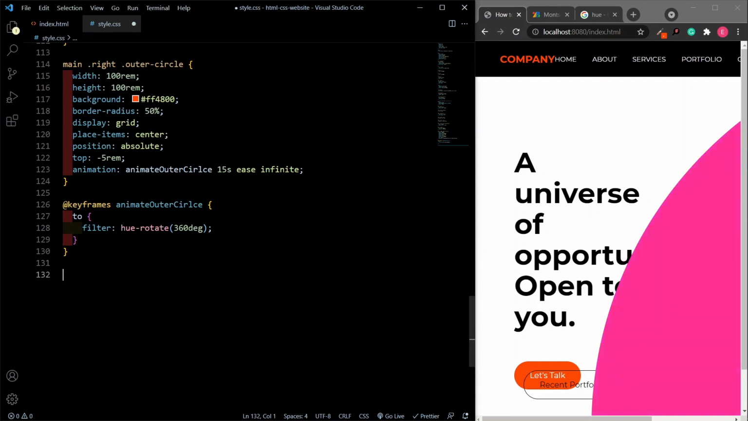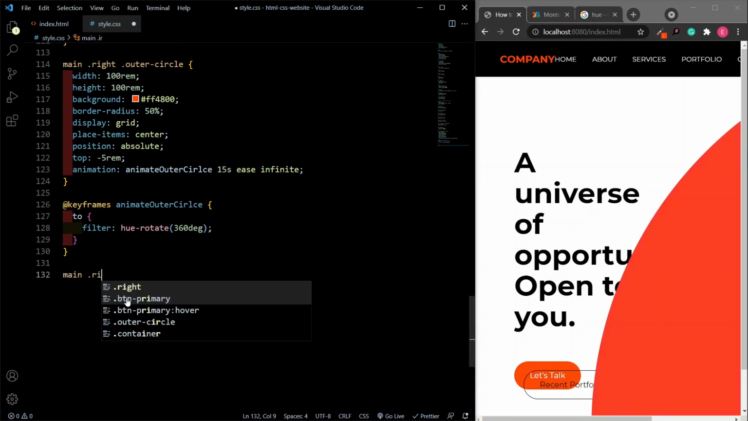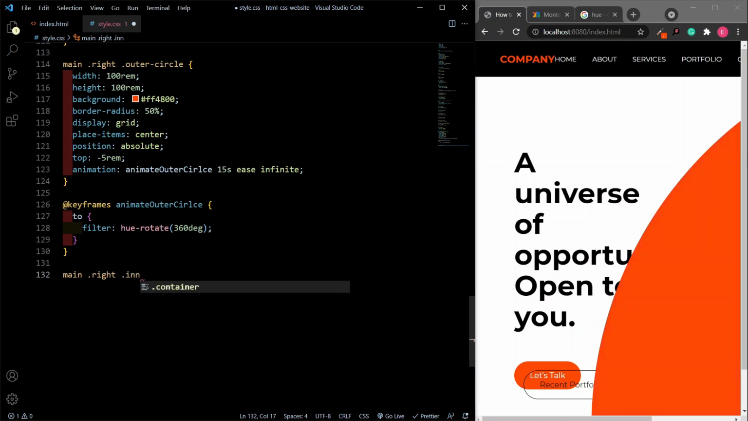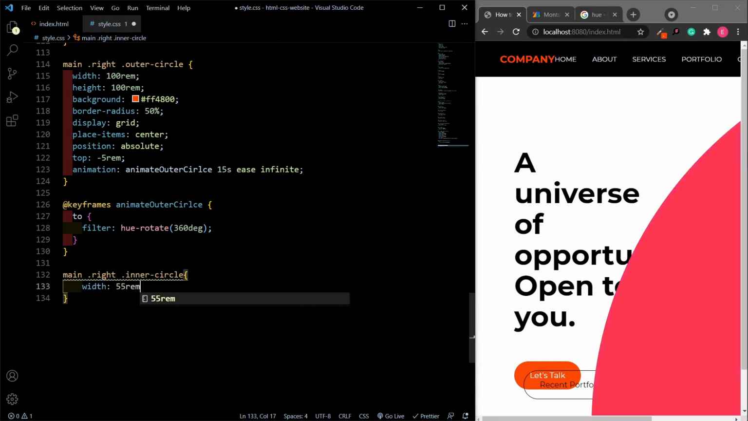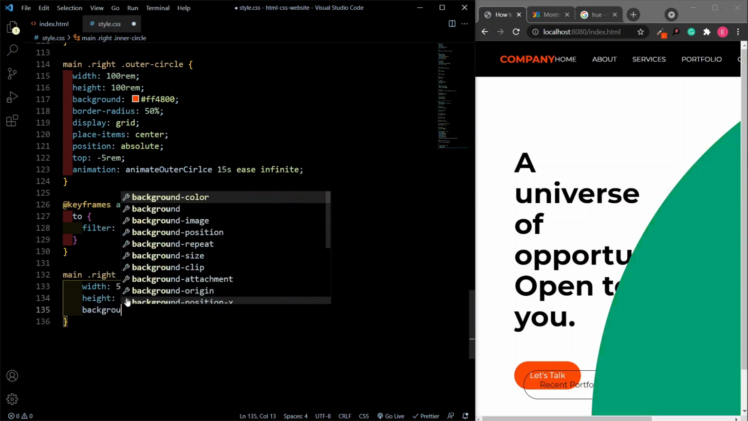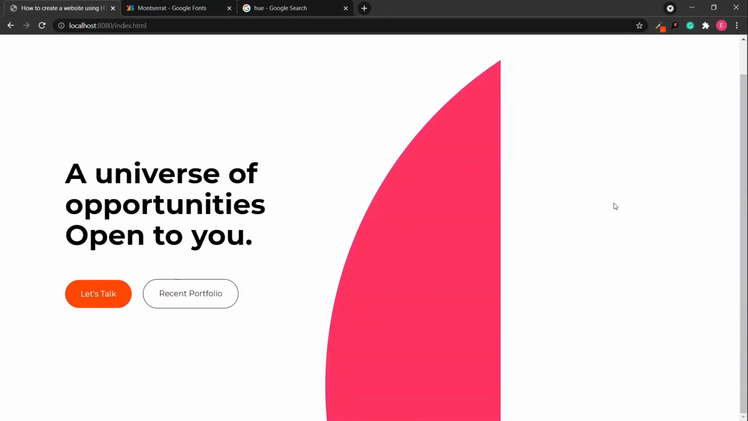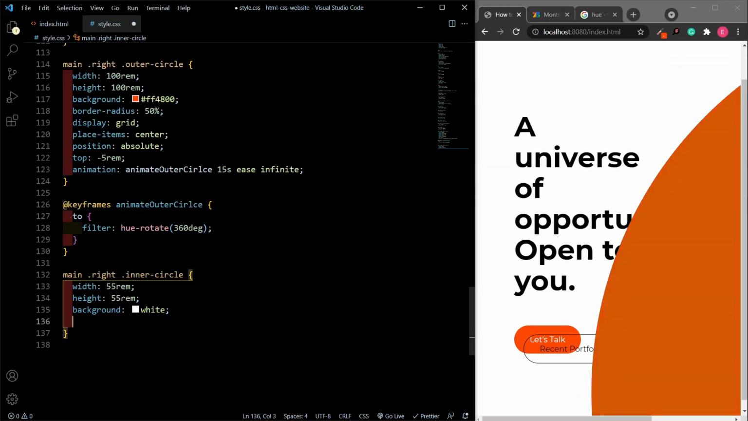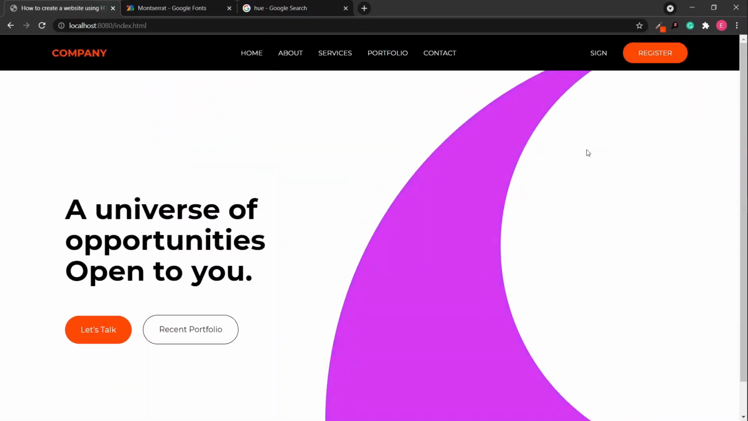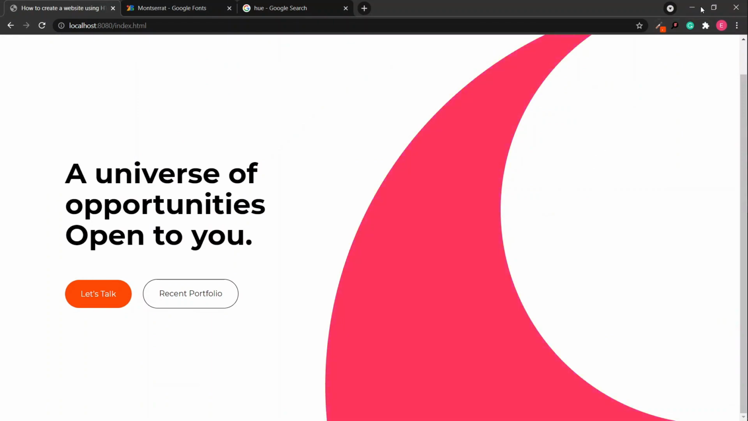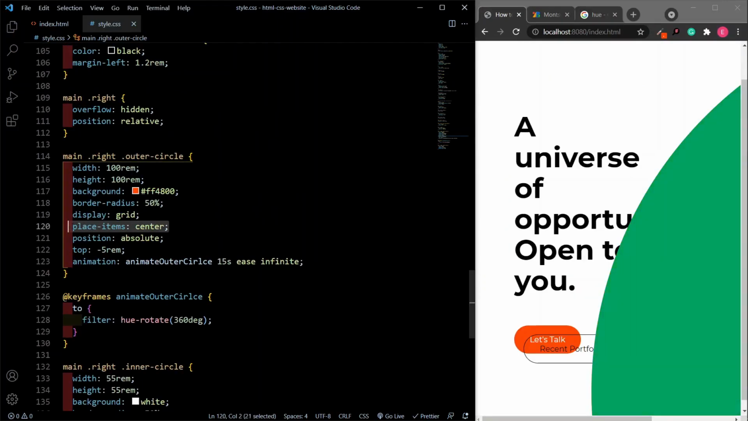Okay, so let's continue to the inner circle. So main, the inner circle, width of 55 rem. You can change these values, height of 55 rem as well. Let's give it a background of white, which is the same background as the body background. I'm going to give it a border radius of 50%. Okay, so that is it. And this display grid